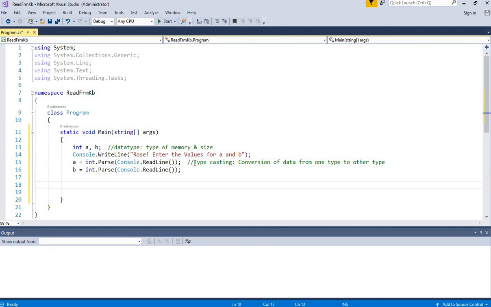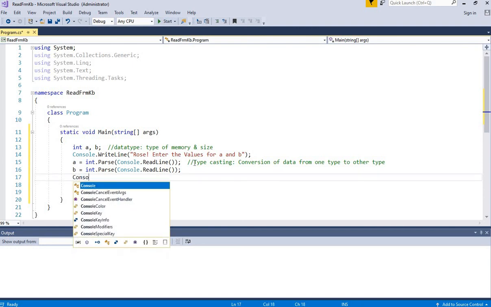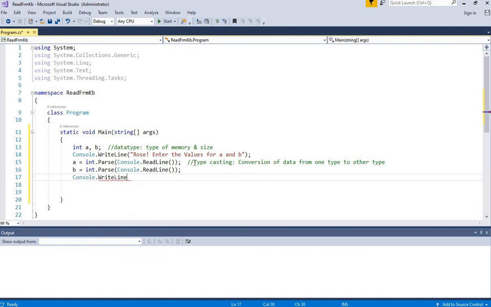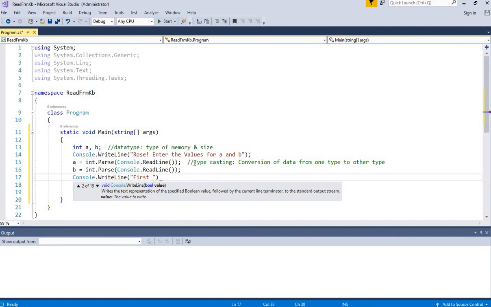Now data is entered from the keyboard. When you run the program, you will see the output. Now I want to display the output, right? For that we write Console.WriteLine. So what data do we have here? Here you can write anything again, as it is in double quotes. First value, I'm giving here {0} and \n. Second value, here we write {1}, comma, the first value is a, and comma b.